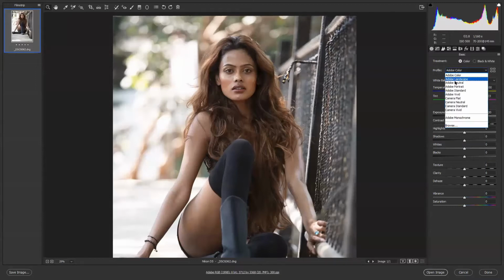You can see options over here: camera flat, camera neutral, camera standard, camera vivid, Adobe vivid, Adobe standard. There are many more in the list. So first thing we have to do, before opening a raw image or before coming into Photoshop to get the actual colors of the image, is go to that exact camera profile that we have shot with.